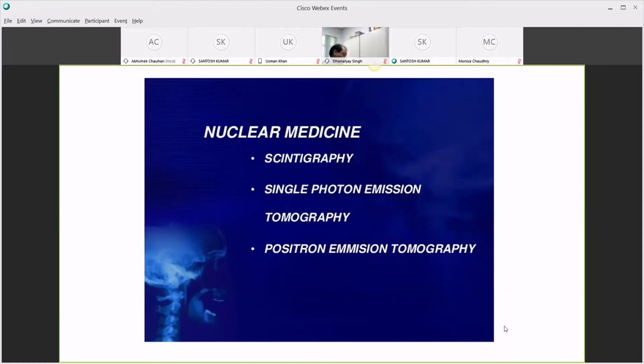Already our colleague Dhananjay Singh explained all the things around nuclear medicine and the PET-MR, elaborately. So I don't want to explain the same thing again,